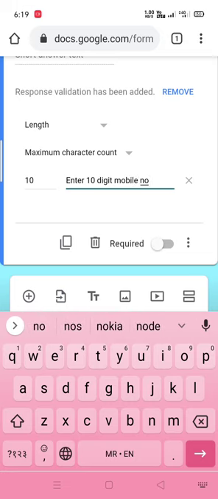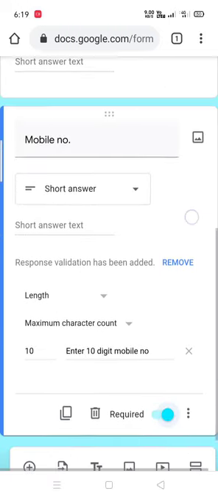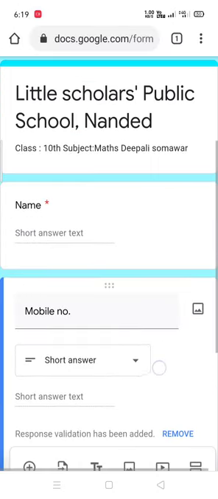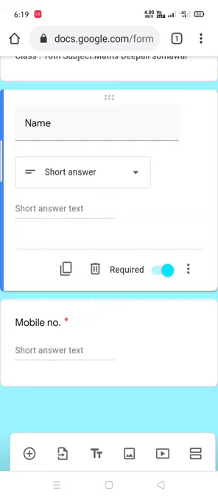Now this is also required, so click on required. It means when they start to solve the paper, they should write their name and they should write their correct mobile number.